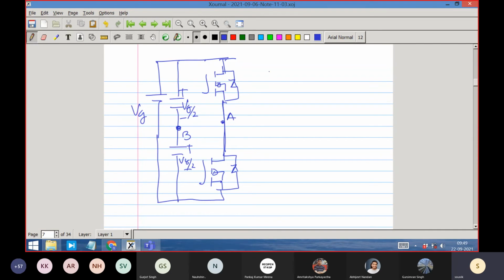Whenever there is a half bridge topology, you will first draw one leg, one top device, one bottom device. We call it top and bottom device. By looking at it, you know that this and this are complementary. They cannot be shorted because they are directly connected across Vg. You can never turn them on together. Q and Q bar are your switching signals.